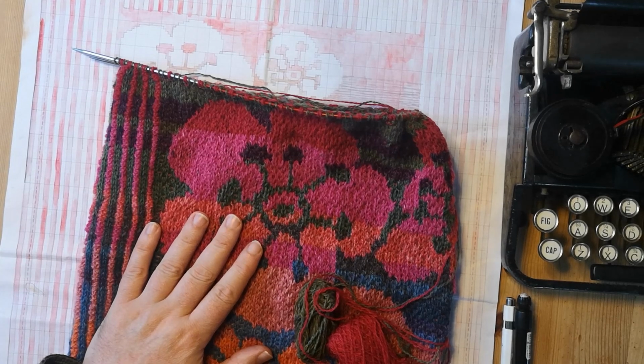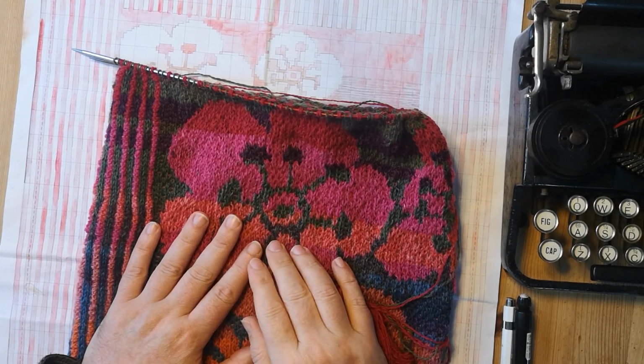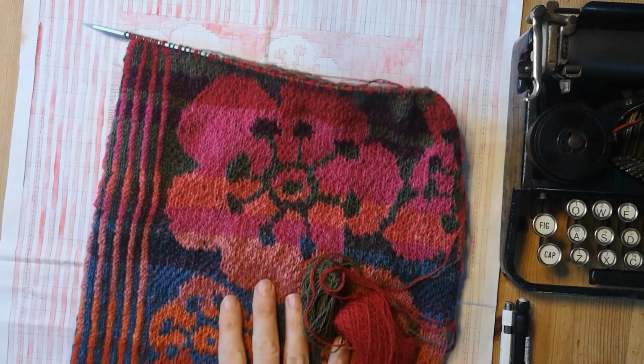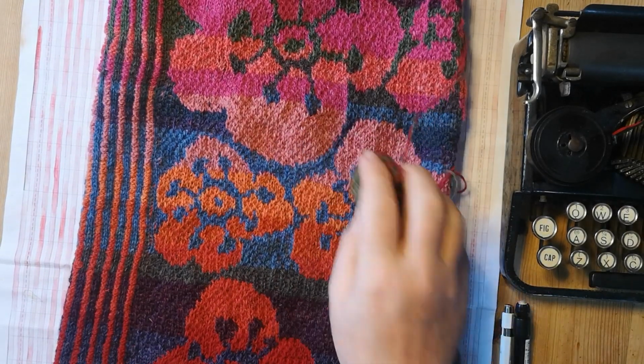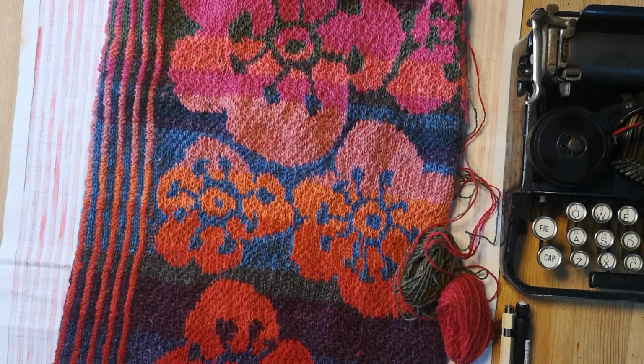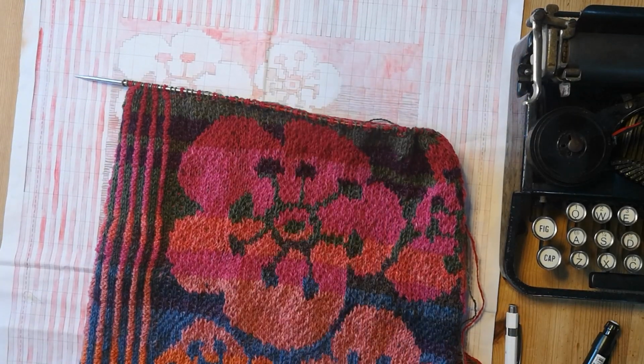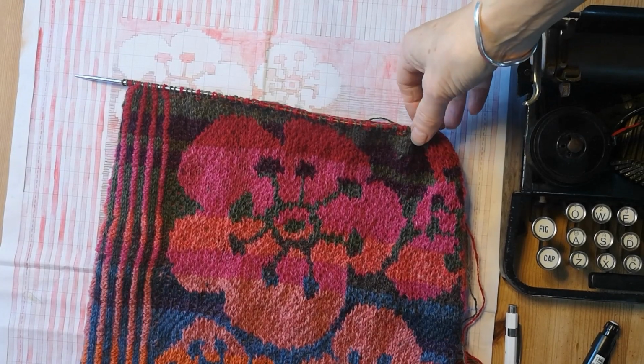Okay, so we're back at the table, but I don't know if it's a good idea because to me, Joe, it looks like we're really close up now because obviously it's grown. So this is where I am. I'm down to the rib. I'm on the rib. So it is day